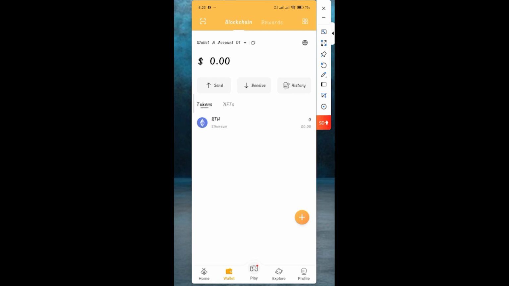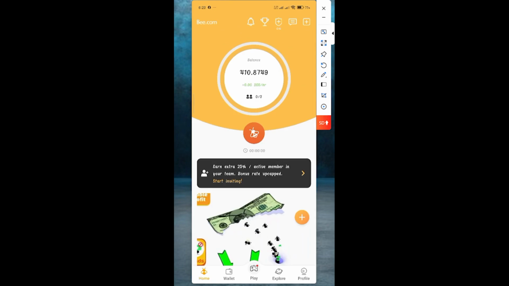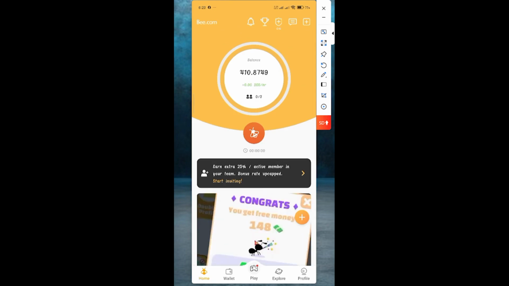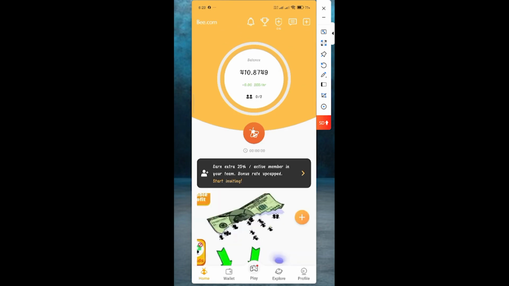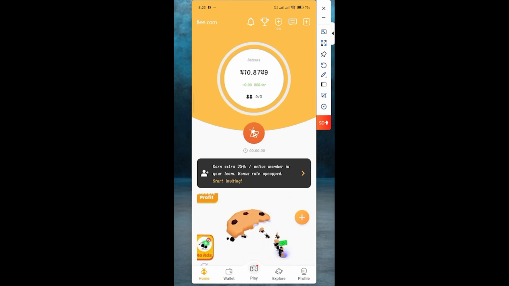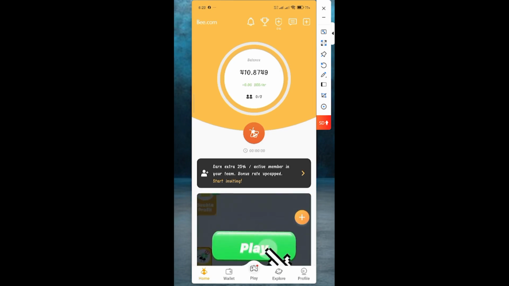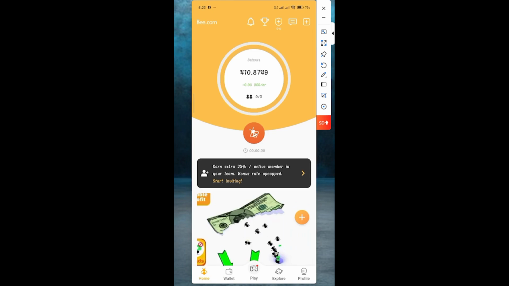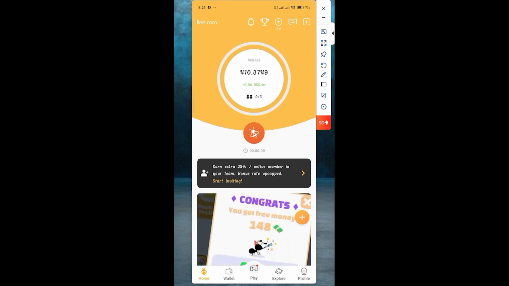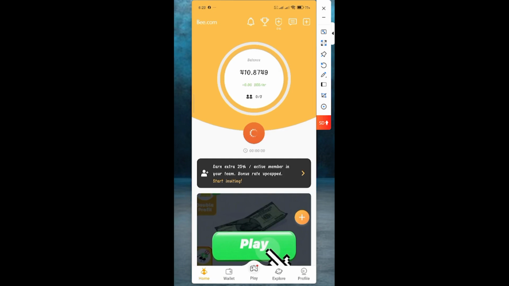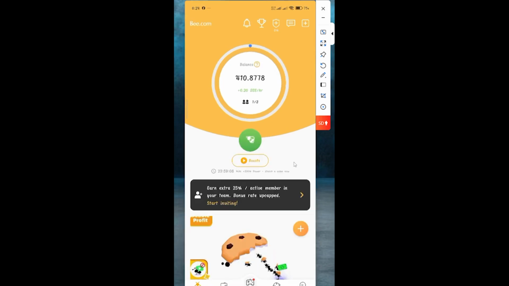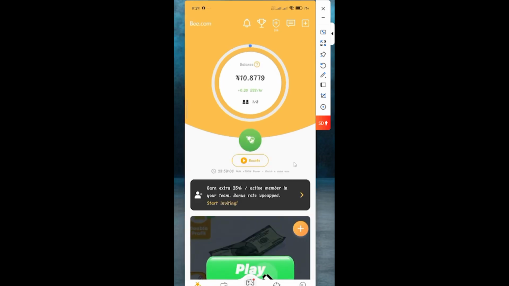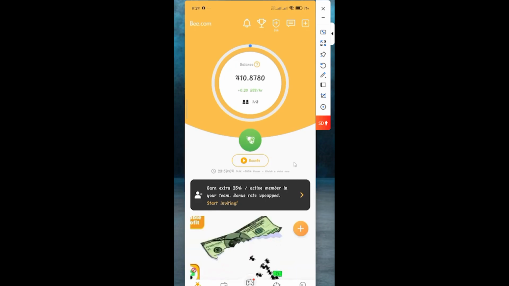So any time you come over to home, let me show you this thing. Let me just breeze into it. If you are new and you want to join, I have my link in the description box for you to join. After joining, if your icon is showing red, just click on it. Immediately you click on it, you can see now it has shown green. It means that it's working now.